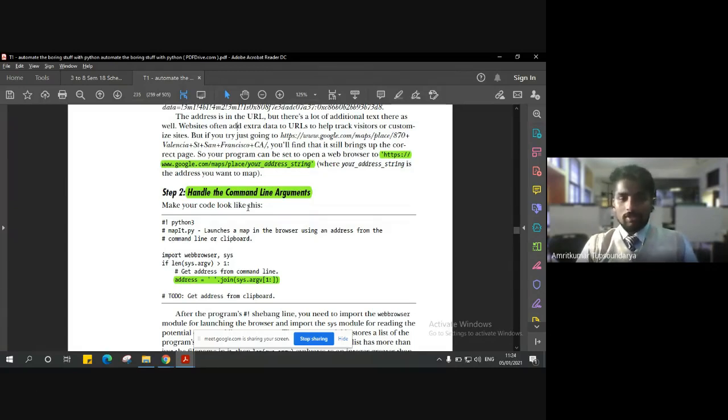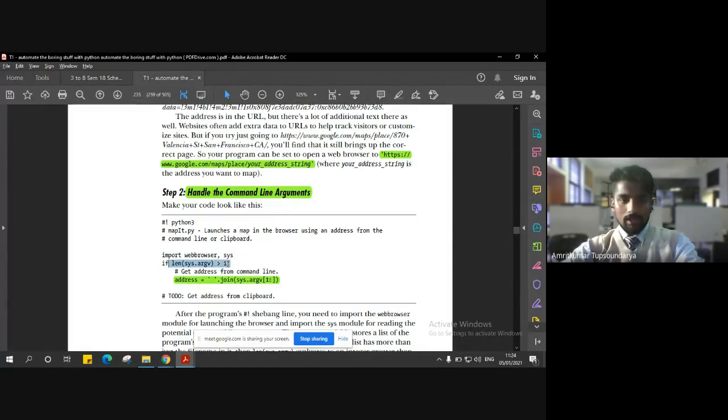It stands for system. Any system-related instructions, methods or functions that you want to use, you have to import the module sys. So here we are going to import webbrowser and sys.